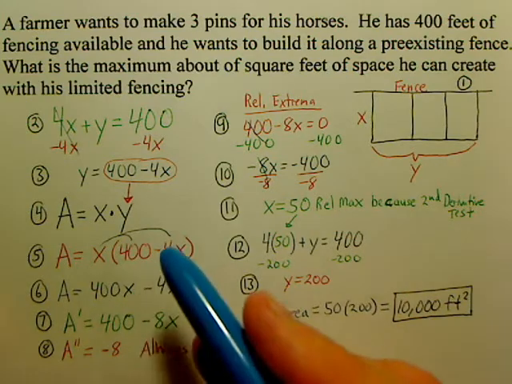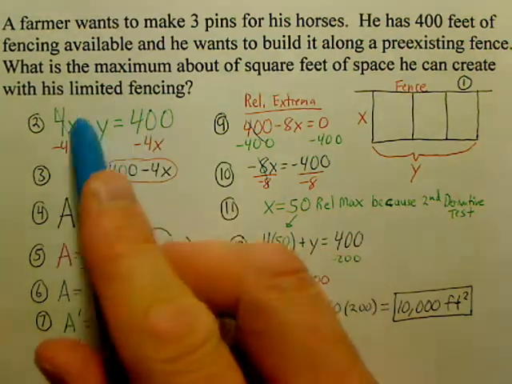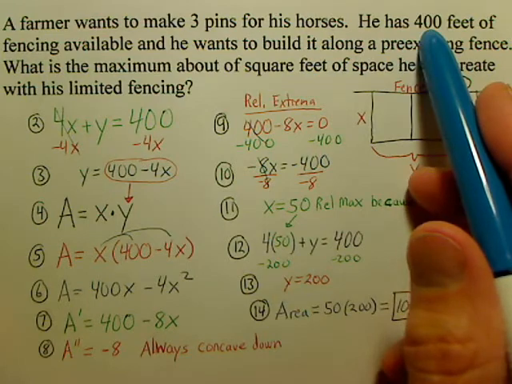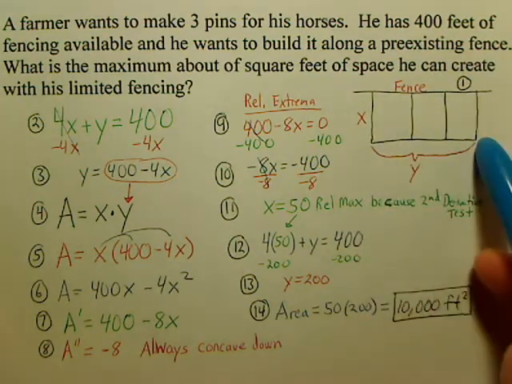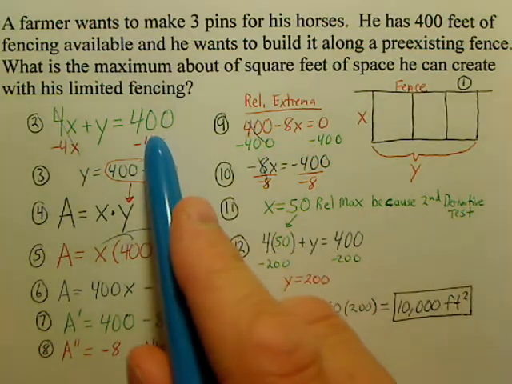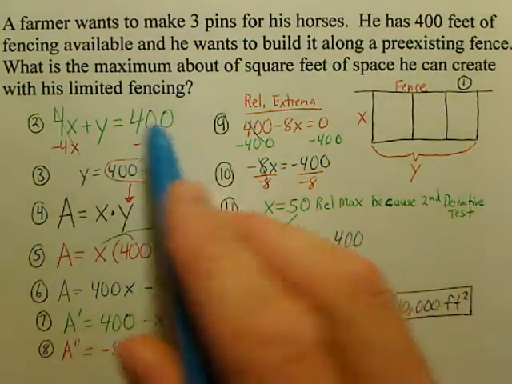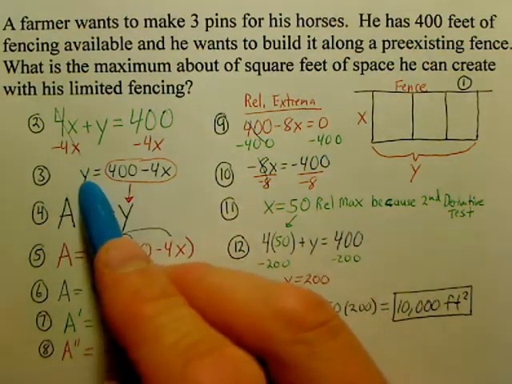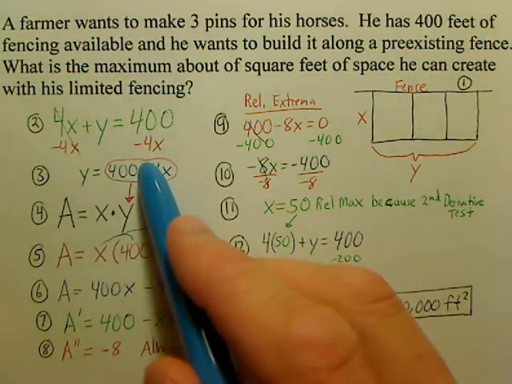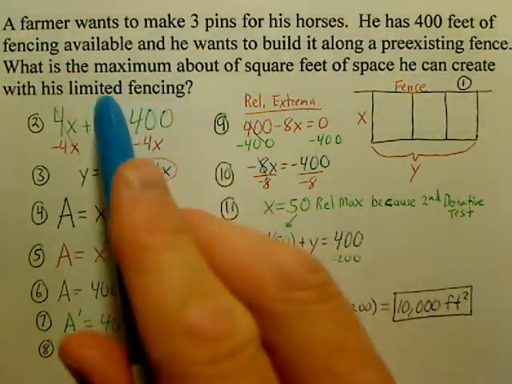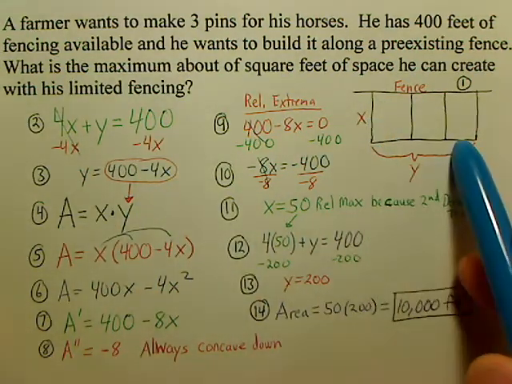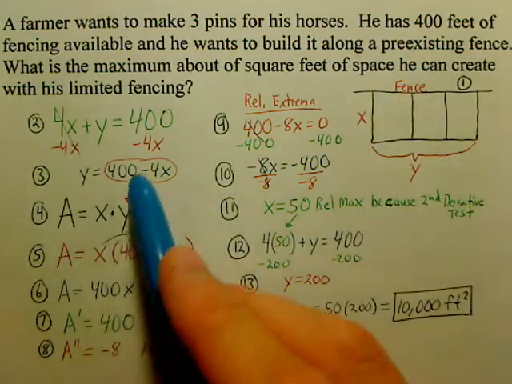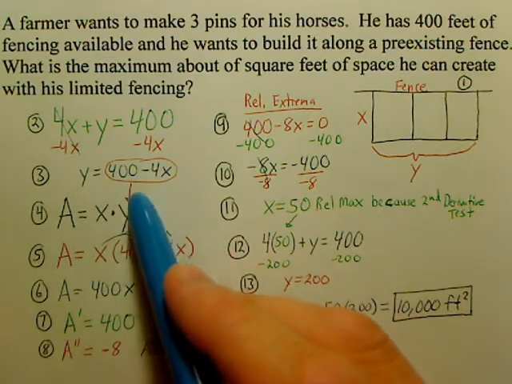The secondary equation right here is perimeter, because we know the perimeter is 400 feet. And if you drew your picture, you notice I have 4 x's and 1 y should add up to 400. And what I do is I solve this for a variable. Here it looks like easy to solve for y, so I solve for y. And then if the question is asking for the maximum area, well, area is just x times y. That's simple, area. And so what I do is I take this secondary equation and I stick it in for